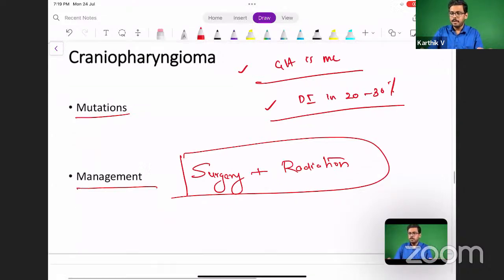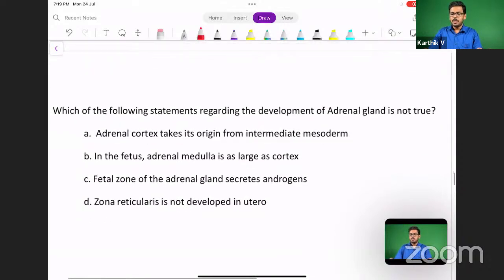So coming to the next question, which of the following statements regarding the development of adrenal gland is not true? So a false statement regarding adrenal gland development. First option, adrenal cortex takes its origin from intermediate mesoderm. That is a correct statement. Intermediate mesoderm gives rise to adrenogonadal primordium,